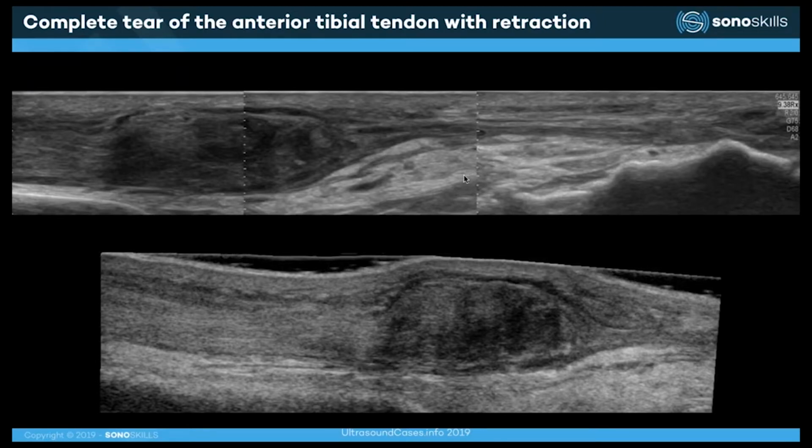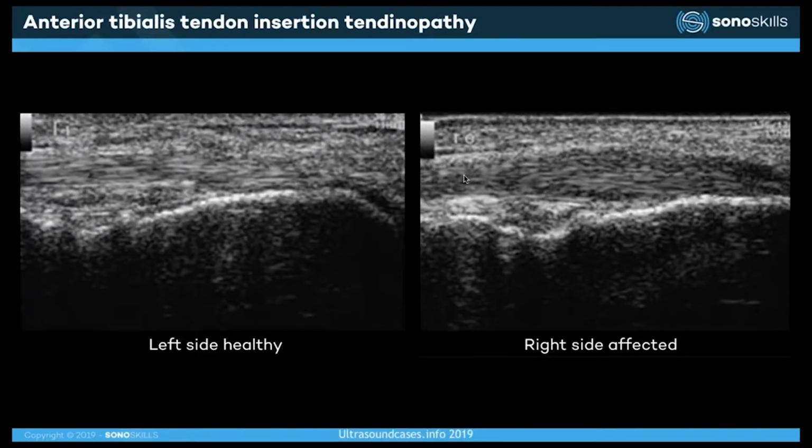There is no Doppler imaging here, so I can't say anything about that. And it's a static picture, no clip, so I also can't say anything about the functionality. But this is a complete tear with retraction. And this happens mostly in the superior part or around the superior retinaculum. More distally, at the insertion on the medial cuneiform bone, the tibialis anterior does not tear that often,